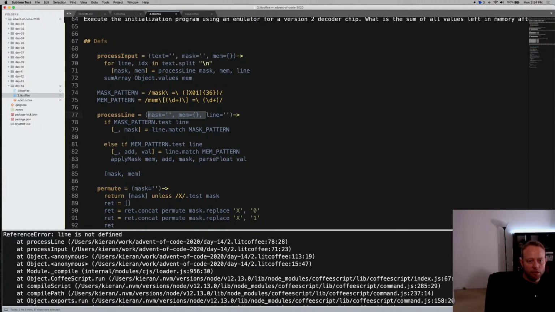So we actually don't need to initialize the values here, but because we're passing them in, I like to have the initialization values as a hint as to what we're expecting. It's sort of like a poor man's type safety. Okay, so if it's a mask, we do the mask. Okay, that's fine. We did that. We're processing these lines, and we're always returning the new state of mask and memory for each one of these lines. And then at the end, we're just summing the values of the memory object,